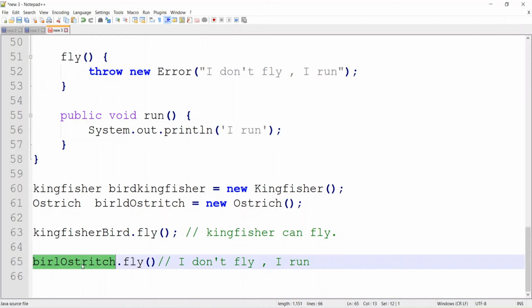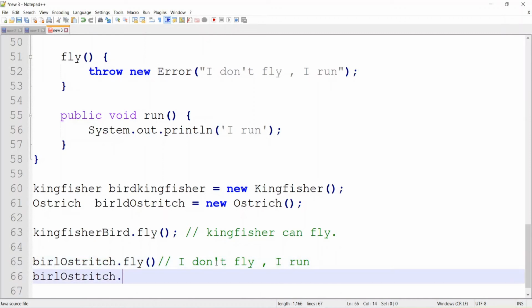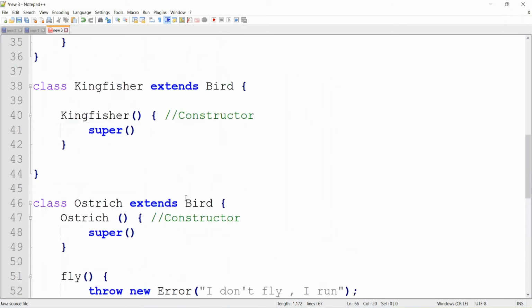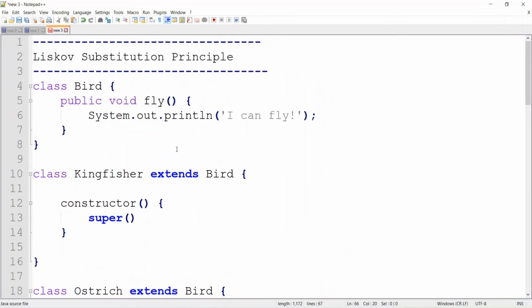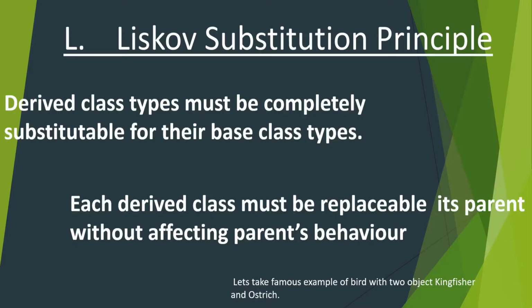And if this message comes for ostrich, you can call dot run, right? So this is fulfilling the Liskov substitution principle. It says each derived class must be replaceable with its parent without affecting parent behavior, which got fulfilled. So from SOLID we have covered S, we have covered O, we have now covered L.